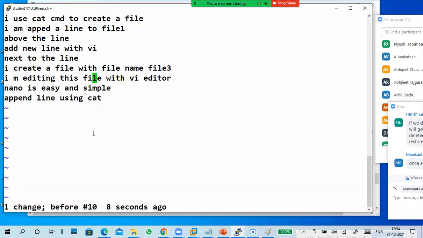Next, capital R. I want to change a complete sentence or a thing. Say easy and simple is there. I remember I put hard instead of easy. I put hard. Okay.